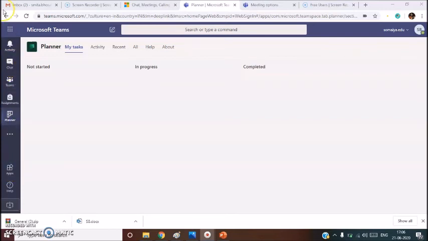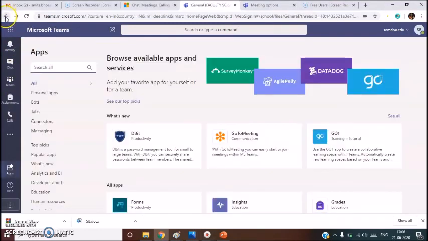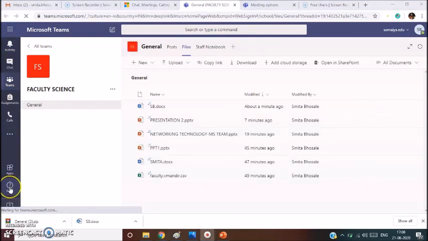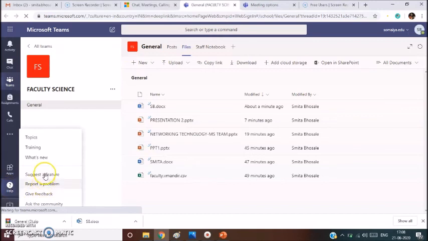If you wish to have any kind of help, you can click on help and it comes with different topics like training, what's new, suggest a feature, report a problem, give feedback and ask the community.